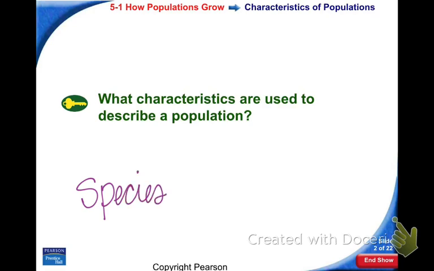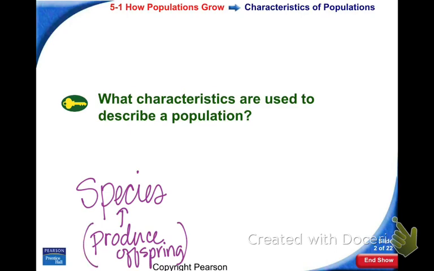Species are all the organisms that live in an area of the same organism that can produce viable offspring. Okay, they produce viable offspring, and all the individuals of the same species found in an area